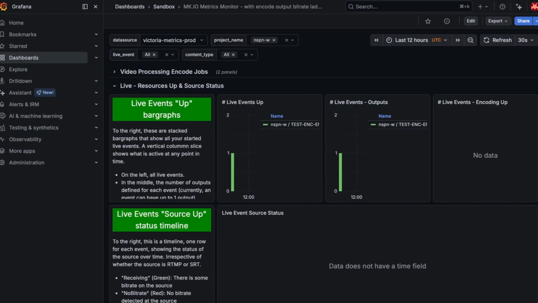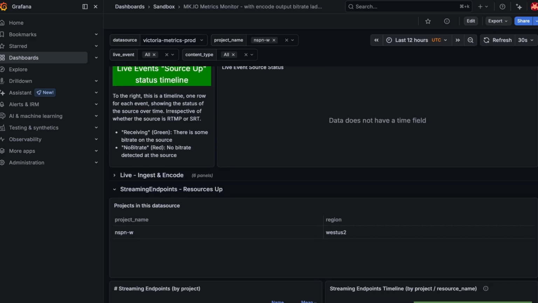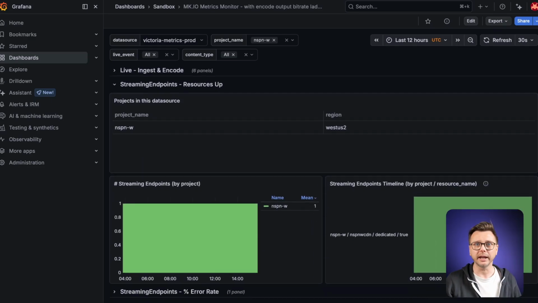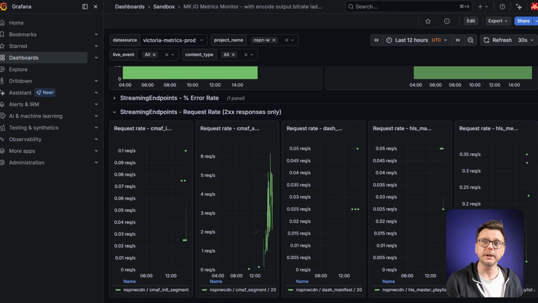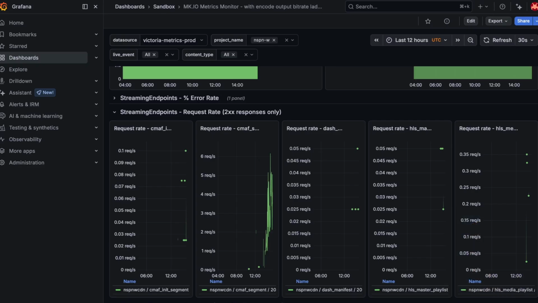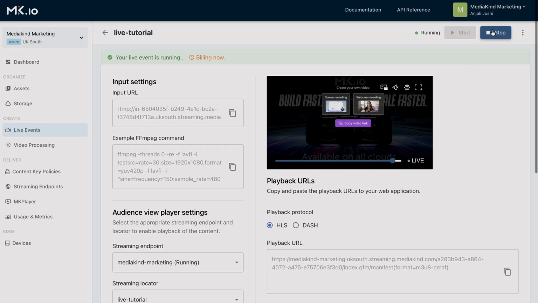While your broadcast is running, you can monitor your encoder to ensure everything is performing well. This can include checking that your bitrate is stable, frames aren't being dropped, and your CPU usage is within a healthy range. You can find these metrics through MKIO, but you'll need to use your own monitoring software to make sure that everything is working correctly. You can also return to your live event page in MKIO to confirm that your stream is coming through clearly